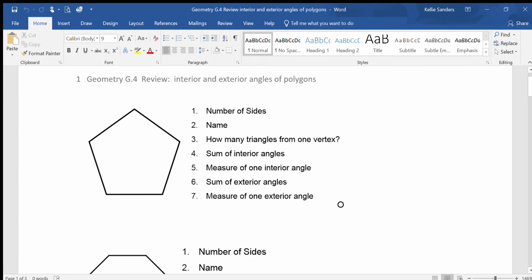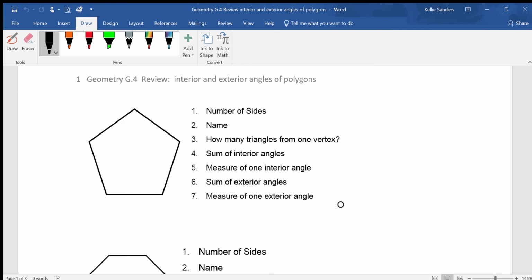G.4. It's going to be a review. It's going to be putting everything that we've done on G1, 2, 3 and put it into 4 and see if we have retained anything. Okay, so